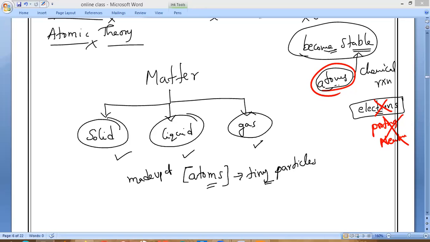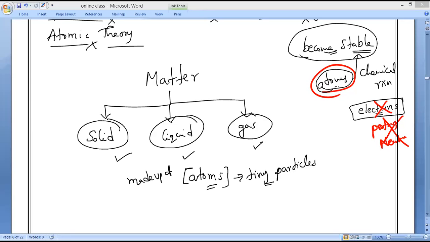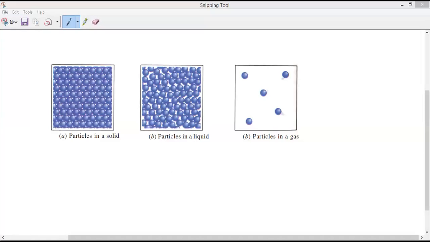Can you tell me where the particles are very close to each other? Solids. So the basic difference between solids, liquids, and gases: please kindly remember, in solids, particles are closely packed. You can see particles are closely packed, and in liquids,